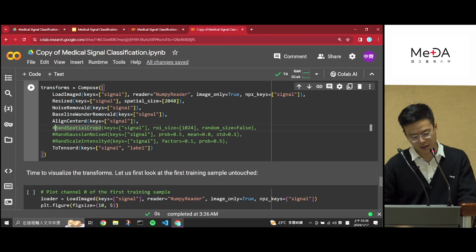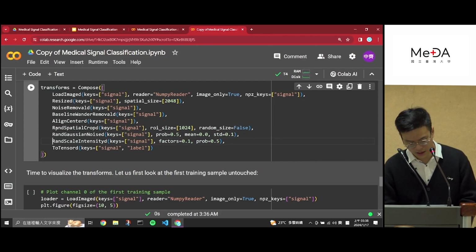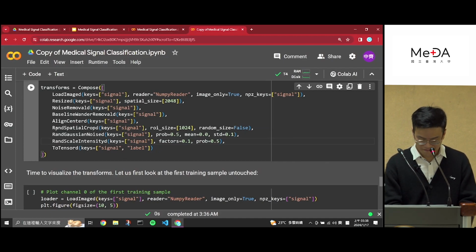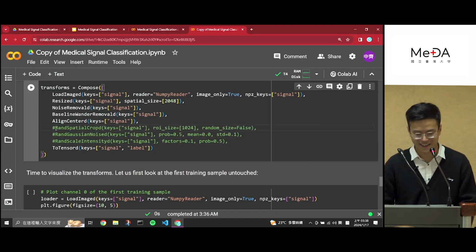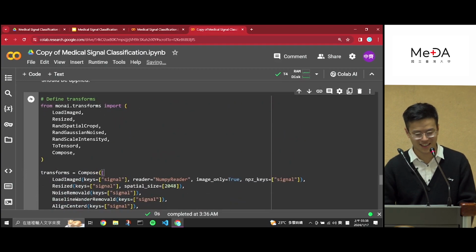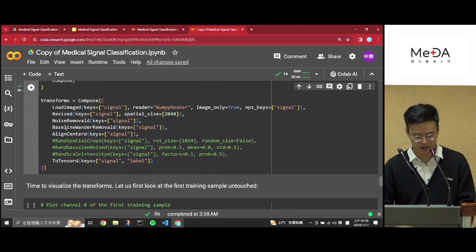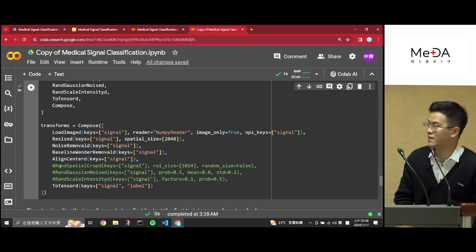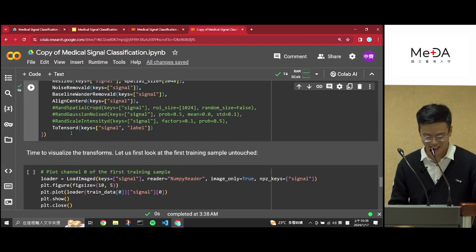So I've commented out the operations here, but you can uncomment. Just remove the hashtag in front of it to uncomment it if you want that to be alive. If you don't want that to be alive, then you can just comment it off. Maybe we should try to look at the output of some standard practice, see what it's like first. So I will uncomment that later. Okay, so now I've run it,